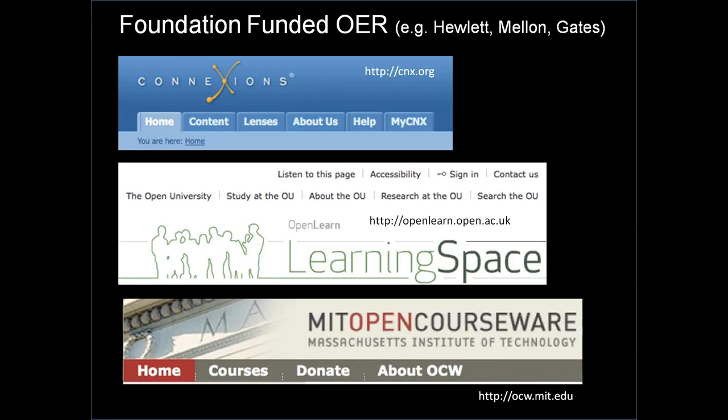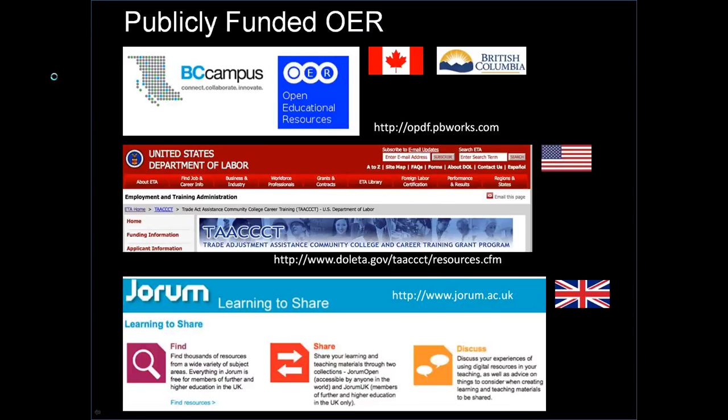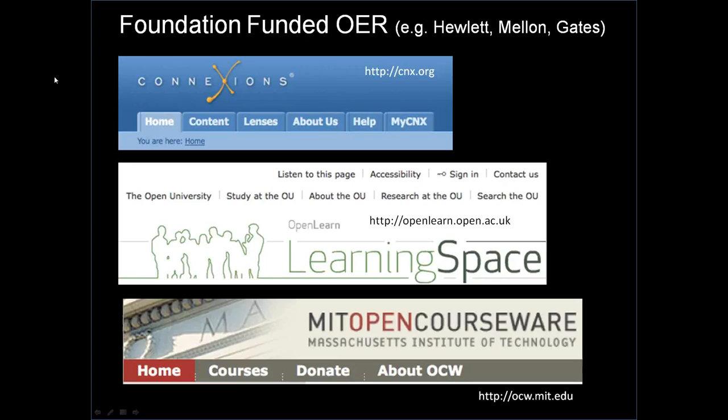One really is foundation funding from grants, philanthropists like Hewlett, Mellon, and Gates, and you can see examples, snapshots of projects that they have funded, and their strategic goals are usually around things like advancing education around the world, or making and equalizing access to knowledge for teachers and students around the globe through open educational resources. And the foundations really have been, in my view, the granddaddy funders of open educational resource initiatives.